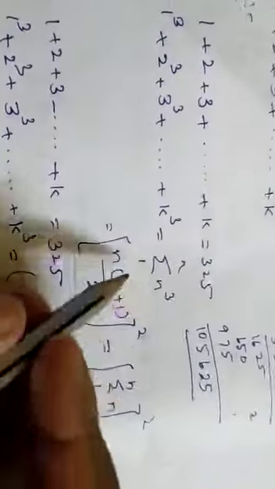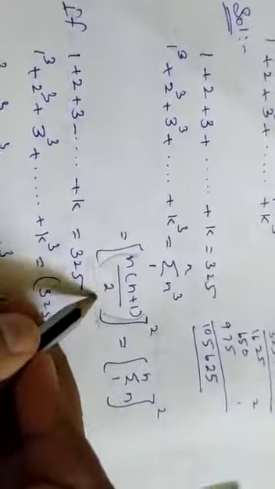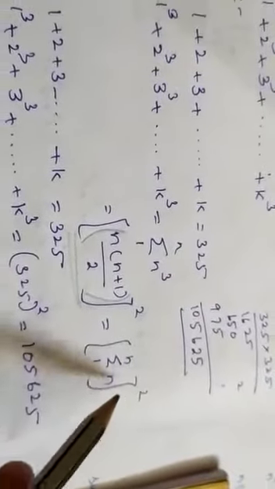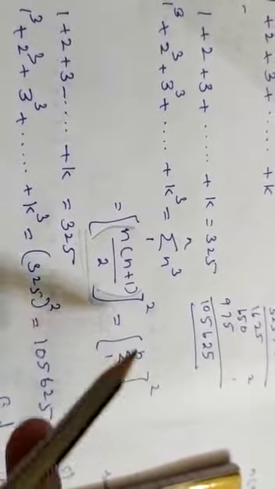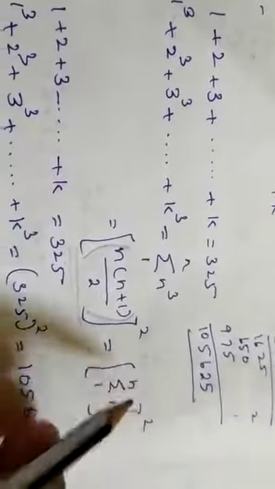So you can note here that n into n plus 1 divided by 2 is the formula for the sum of n natural numbers. They are just squaring the sum of n natural numbers to get the sum of cubes of n natural numbers, which is nothing but sigma n equals n into n plus 1 by 2 whole square. Okay, see, n and n are both there, then squaring gives you n cube.